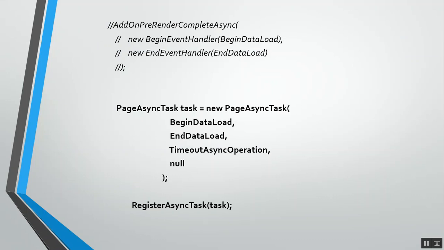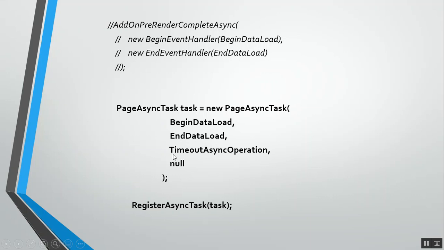If you have multiple tasks which should be implemented asynchronously, then we should always prefer the RegisterAsyncTask method. Here we can register multiple tasks for asynchronous execution. But for that we need to declare an object of PageAsyncTask, which specifies the begin data load and end data load.